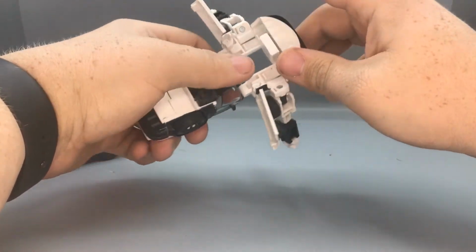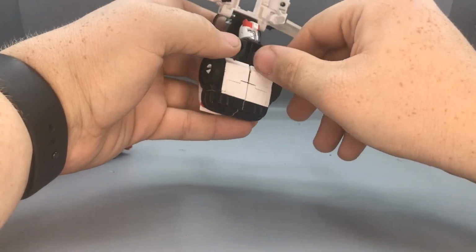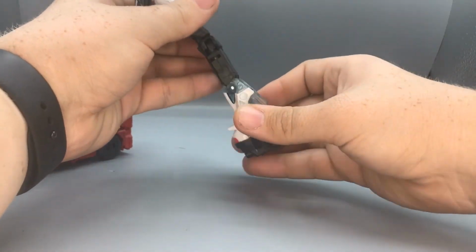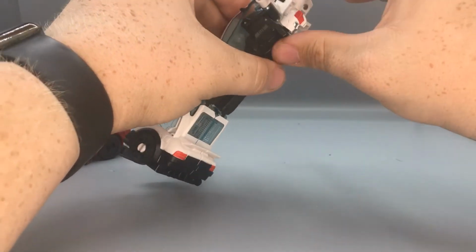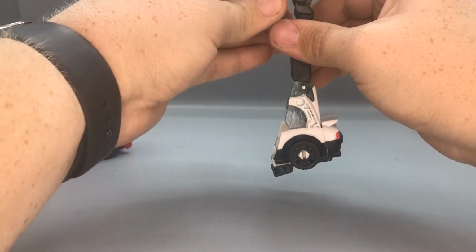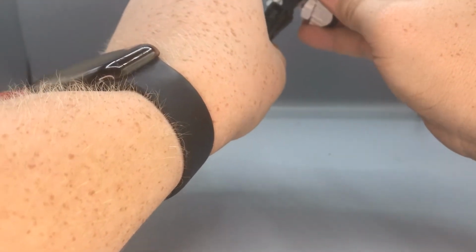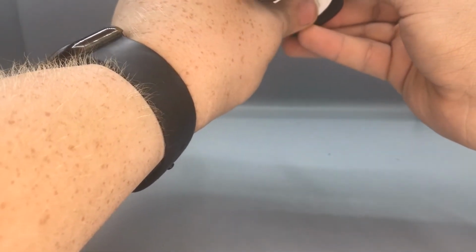But continuing with the transformation for Prowl, as you saw, we popped out his arms, popped open the doors, popped down the hood of his car here. And then we popped open these little black pieces, which will become his heels. So now you can fold these down and then make the feet pull up on the back here a little bit. And you pull down and around and rotate. Now it's his legs. And unlike Smokescreen, this one's a little trickier because here, it doesn't reach as far, bend as far. I've noticed this when you pull this down to make the chest. So you got to pull it down, and always the biggest problem is getting his little pegs around here and pushing up like this. And then as you can see, it doesn't reach far enough, so you got to push this up a little bit to get the peg to...